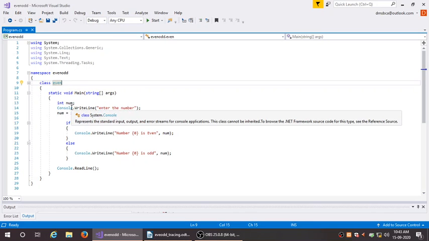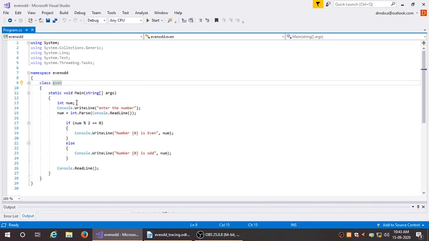Under the method we wrote the code: int num. Num is a variable of type integer. Int num is used to read one number or value, to show whether that number is even or odd.